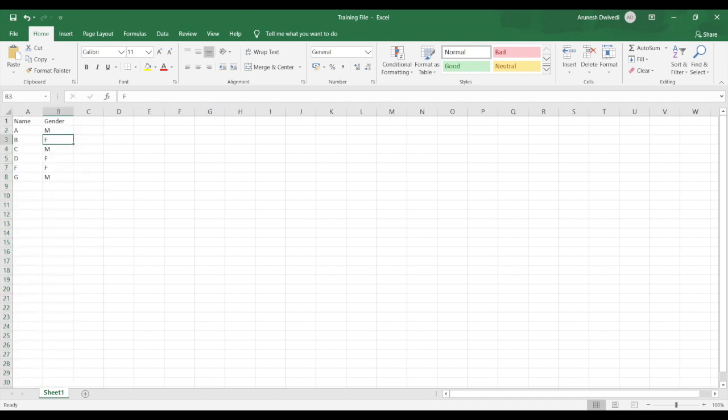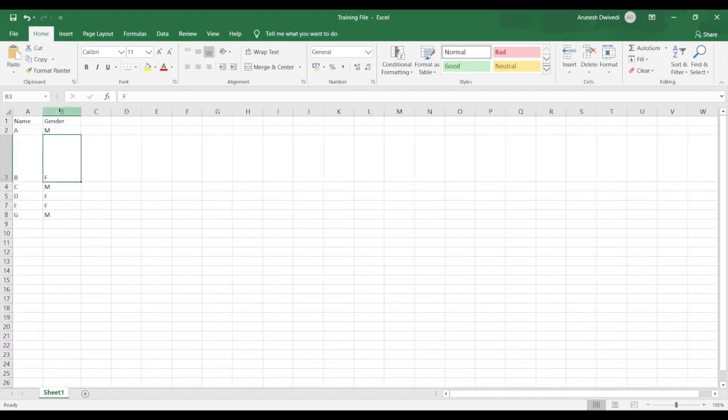Let's say that I want to increase the height of this cell. Height means the distance between the two lines that you see. So you take your mouse pointer to the border between 3 and 4, and the moment you do that, your pointer will change like this as you see on screen right now, and you left click, keep it pressed and drag the border, and this will increase the height of the row. In case you want to increase the width of a column, you left click on it, keep it pressed and then drag it to increase the width of the column.